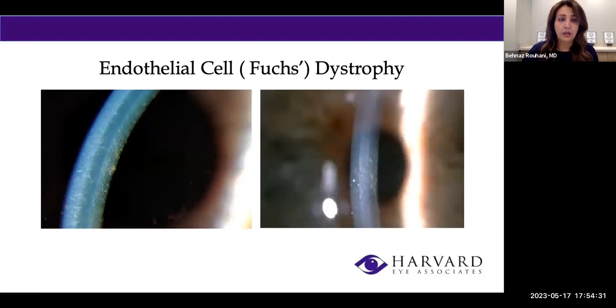So how they look: this is the thickness of the cornea. This is the light beam showing all the layers of the cornea, and then in the very inner or deeper layer of the cornea, you see this metallic sheen of those cells that are not really working well. They're not supposed to look like that. In this picture, the central ones have that metallic sheen, but the more superior or upper ones are not looking that bad.